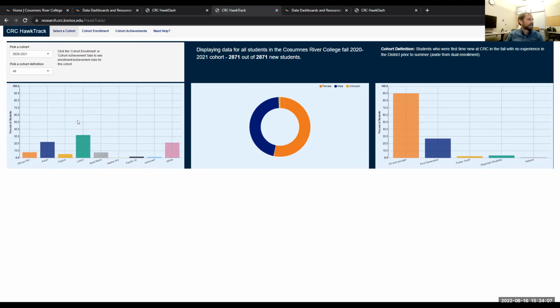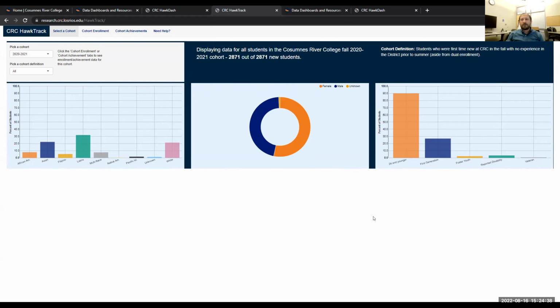We've got race and ethnicity on the left. We've got a donut chart of gender in the middle. This might be one of the only circumstances where I would ever use a pie chart, but that's the one time that I got to do it. And then you have a breakdown of other demographic characteristics like age, first generation, foster youth, reported disability, and veteran status as well. Okay, so you can get a sense of the demographics of the student population entering, but